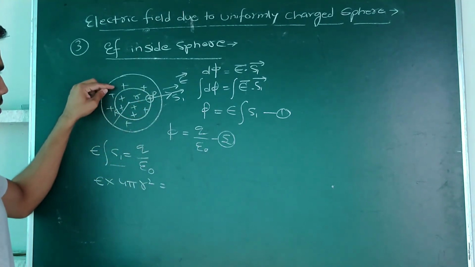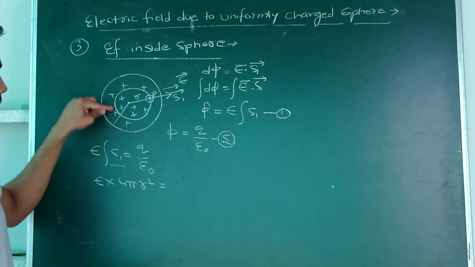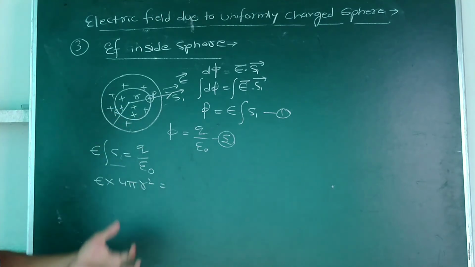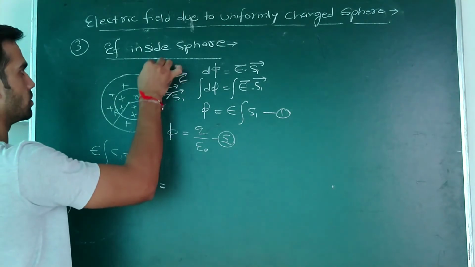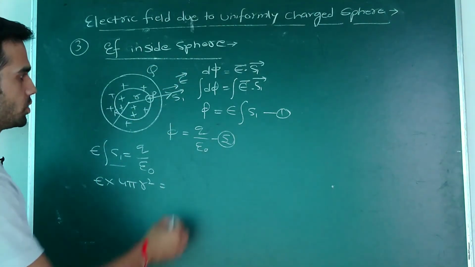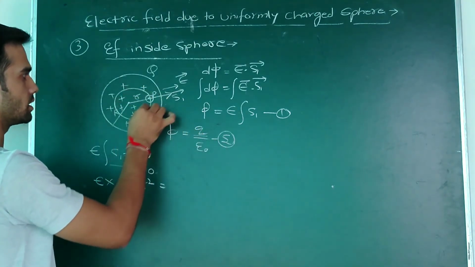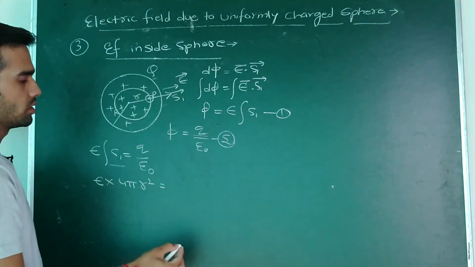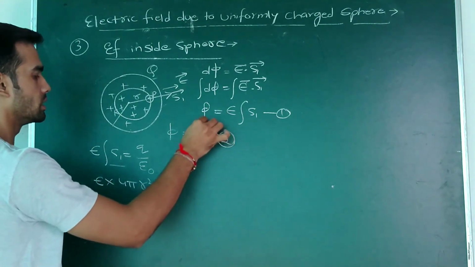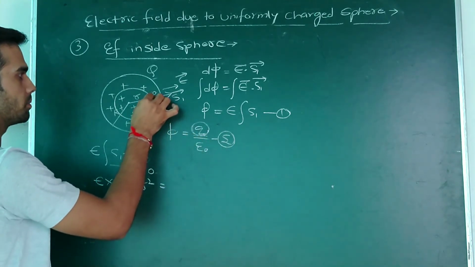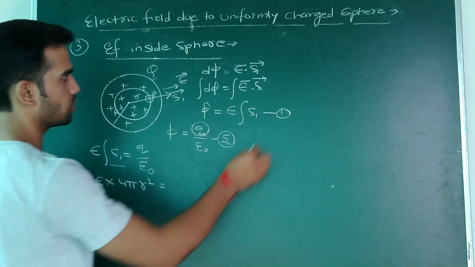Okay, we do not consider here the charges which are situated outside this Gaussian surface. Suppose that in this question or any numerical it is given that the total charge given to the sphere is capital Q, but you have to write down the charges which are enclosed within the surface, not the total charge. So first of all we have to calculate what is the value of charge small q which is placed inside this Gaussian surface.